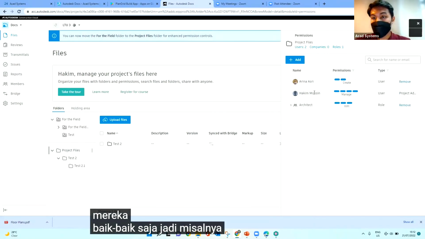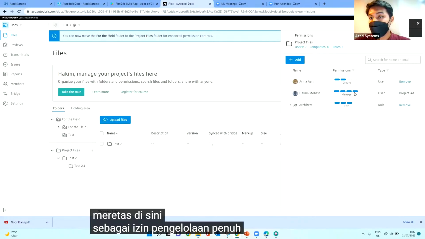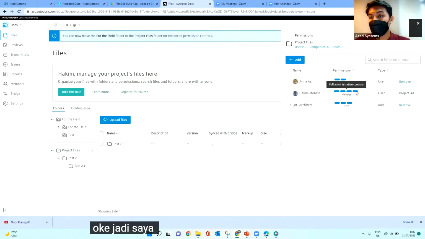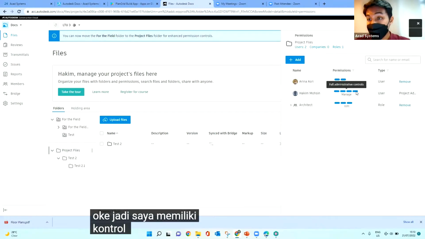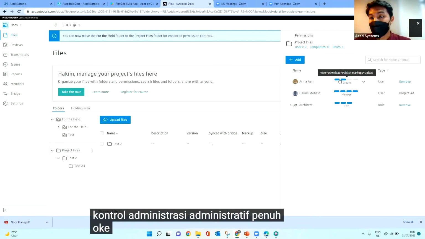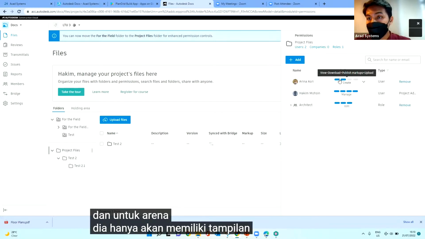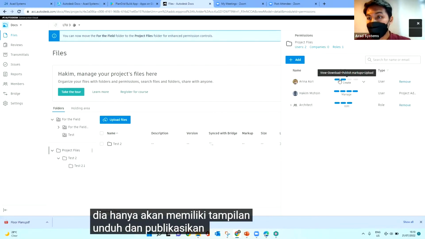For example, Hakim here has the full manage permission, so I have full administrative control. And for Arina, she only has view, download, and publish markups and upload